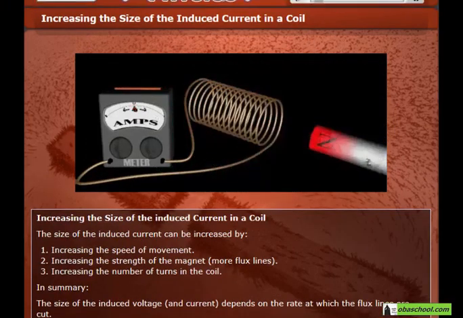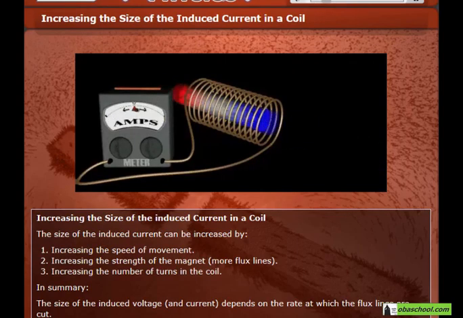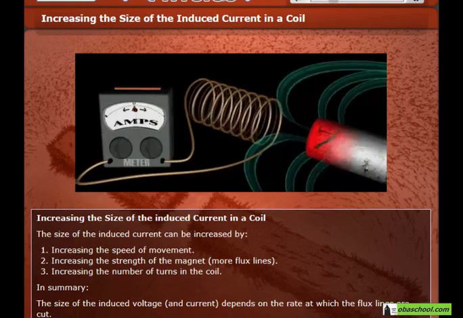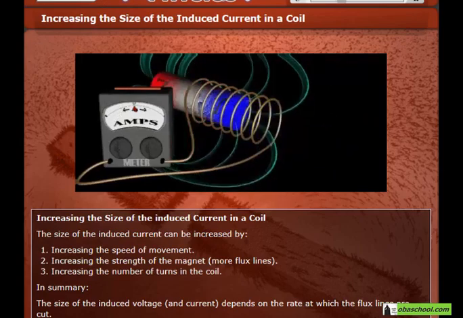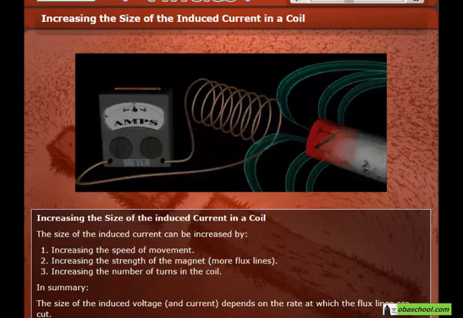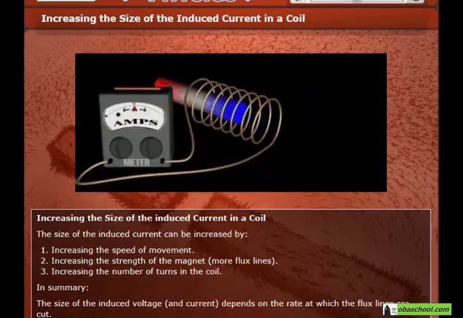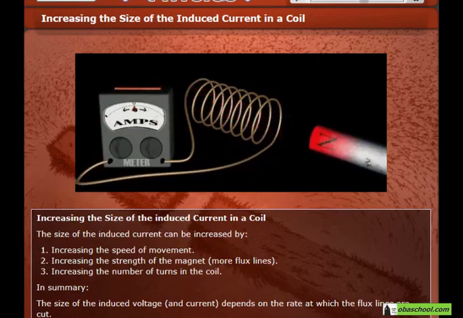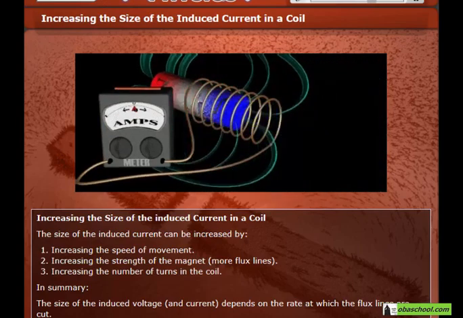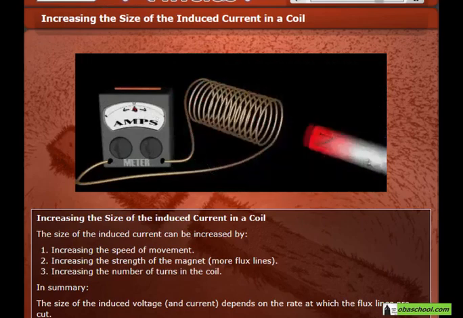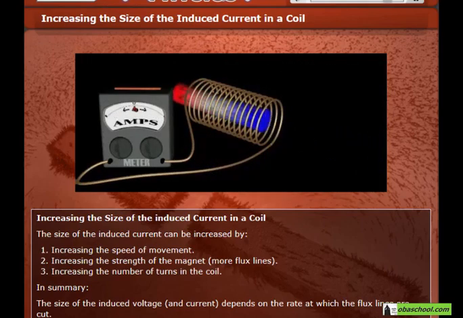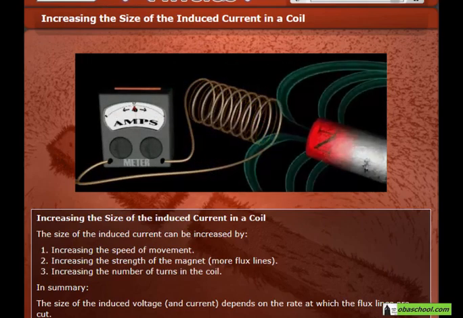The size of the induced current can be increased by: 1. Increasing the speed of movement. 2. Increasing the strength of the magnet, more flux lines. 3. Increasing the number of turns in the coil. In summary, the size of the induced voltage and current depends on the rate at which the flux lines are